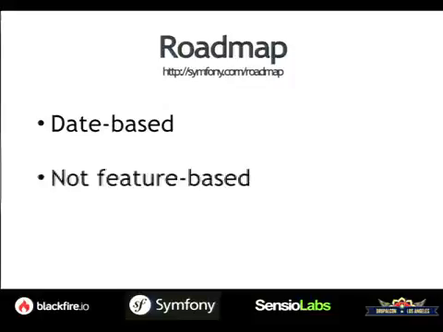So we know that the Symfony 2.7 version is going to be released by the end of the month, and I can tell you when the next version is going to be released as well, and the next 10 releases, as a matter of fact. And that's very important for private projects, but also very useful for open source ones. Some projects, like Laravel, try to sync their releases with Symfony so that they can upgrade from the version they are using to the next one easily. So you know what to expect. If you want more information about our roadmap, you can go to symfony.com/roadmap.